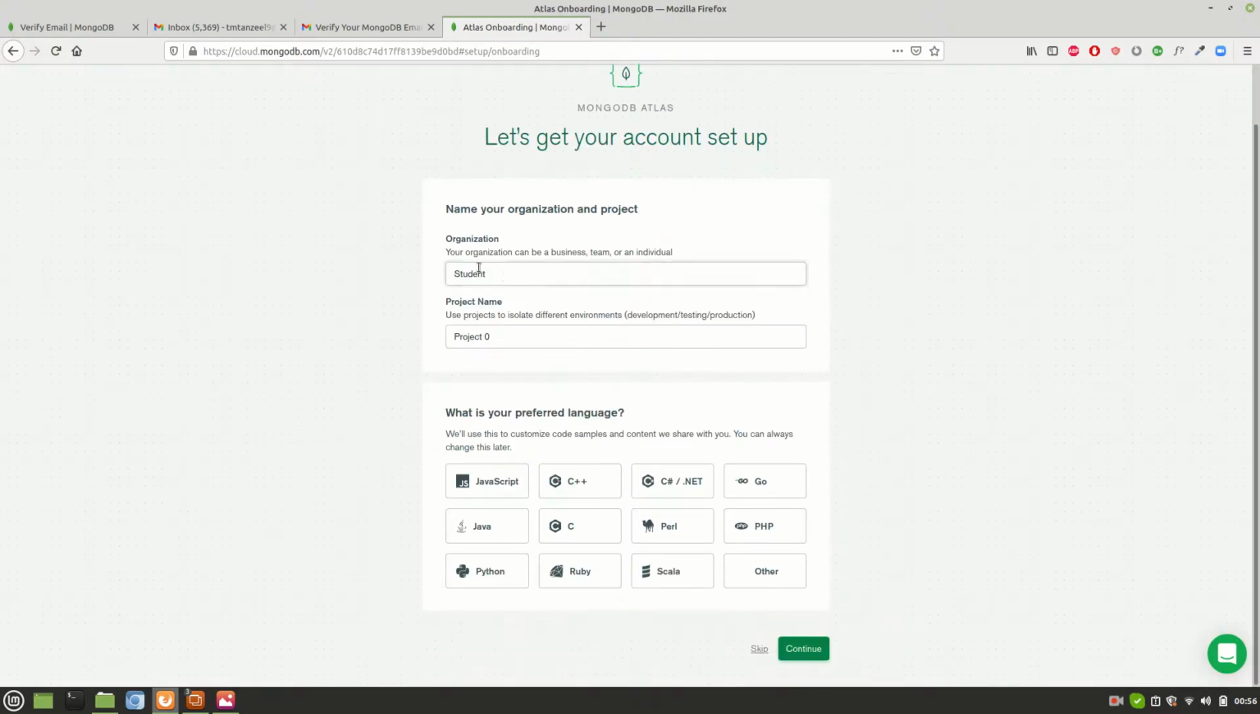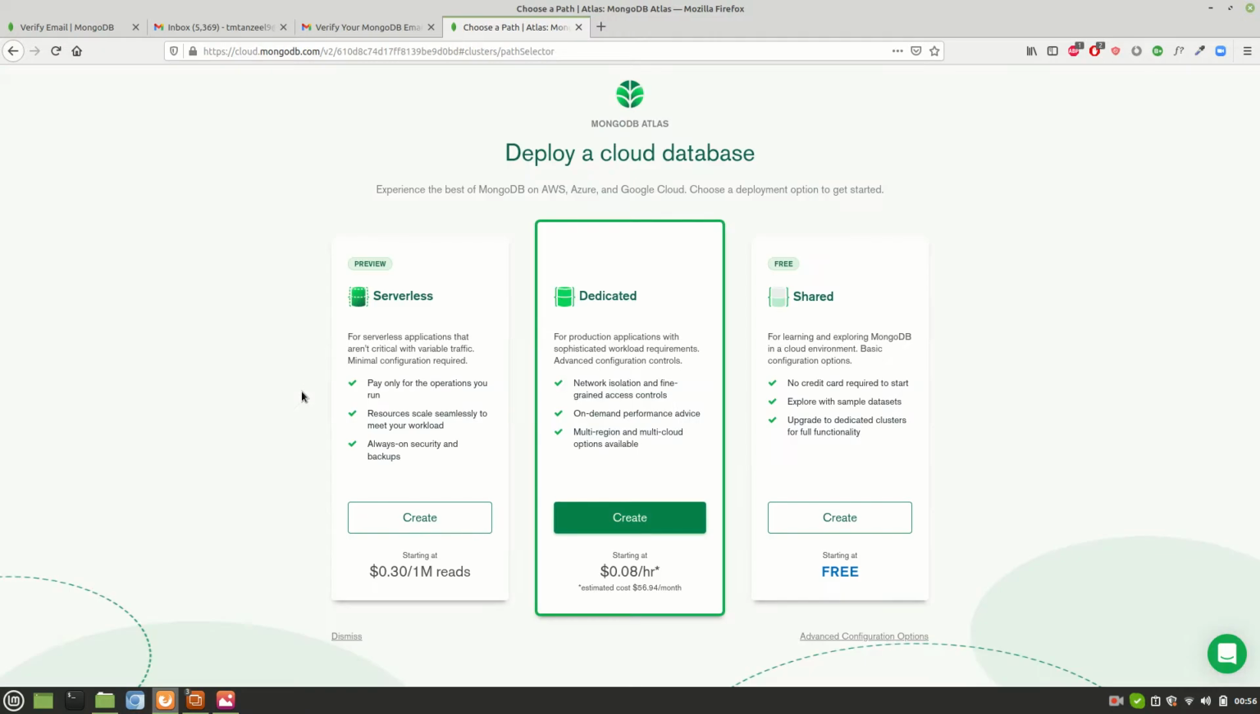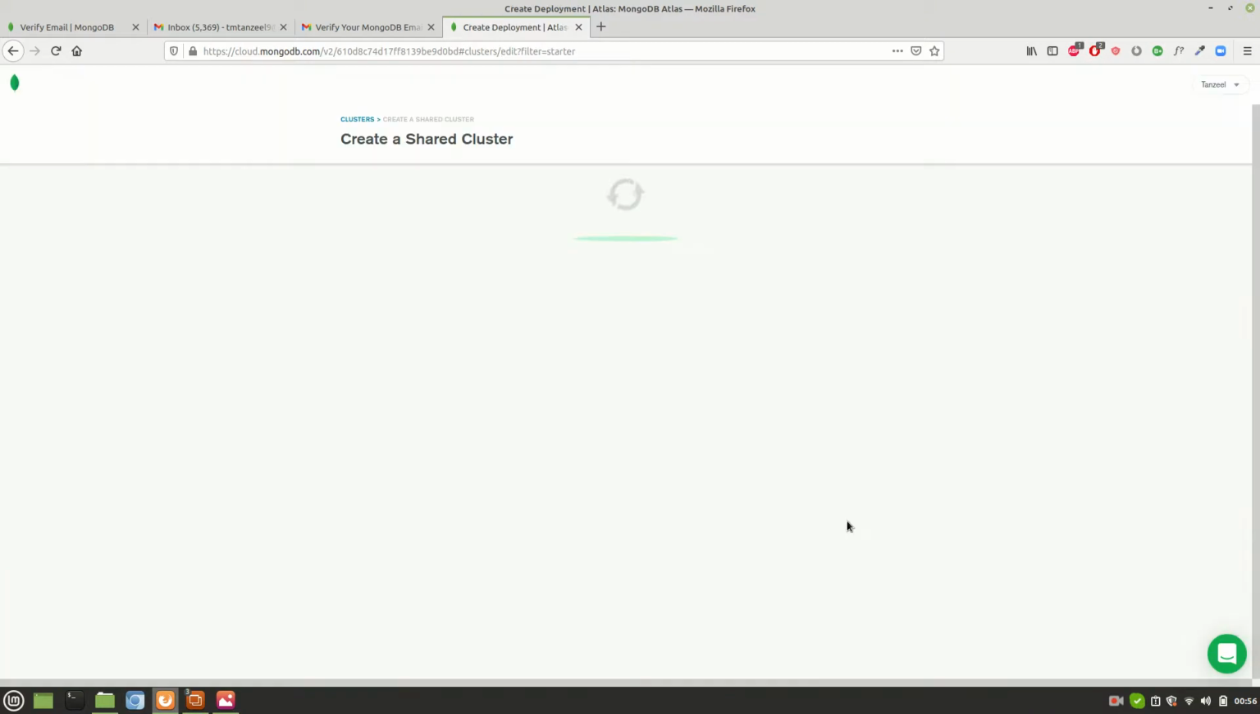Yeah, organization correct, project 0 correct. I'll just skip this part. Okay, now I'm going to create. I'll just use this free one. Okay, so I'll just click on create,